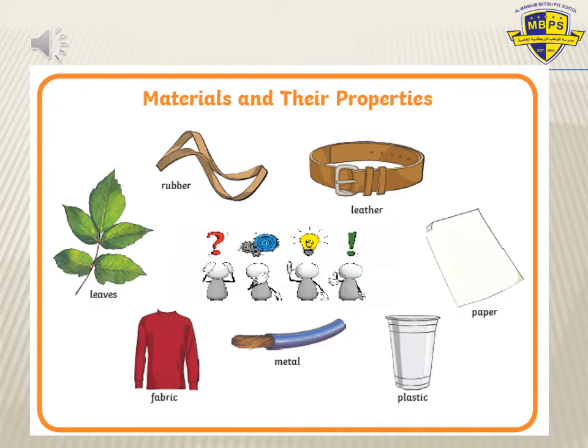We will have another type of question about materials. How can we classify our materials? How can we join them together? How can I put them in one group? According to what? We should put our hands on our mind and think. I have the first picture here. Materials and their properties. All of the objects are made of different types of material. But how do I put them in one group? According to what? Do you think you can know this one and guess with me?